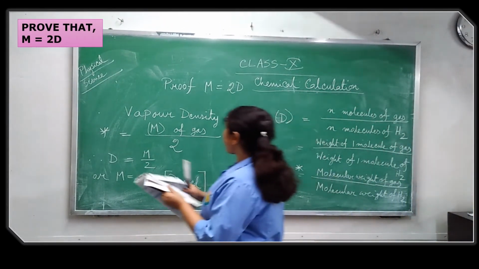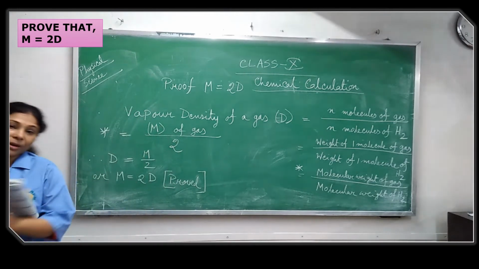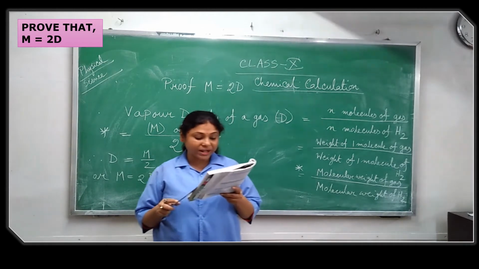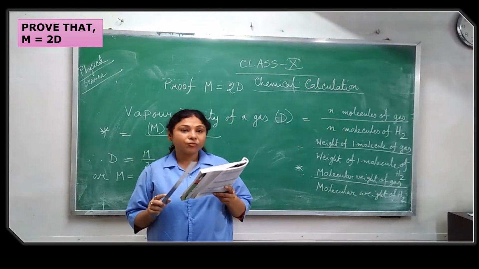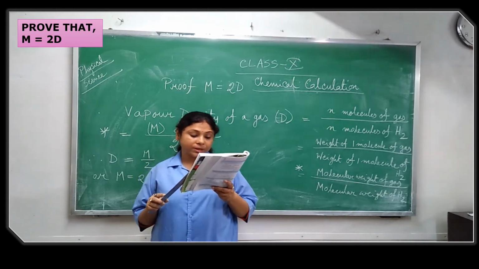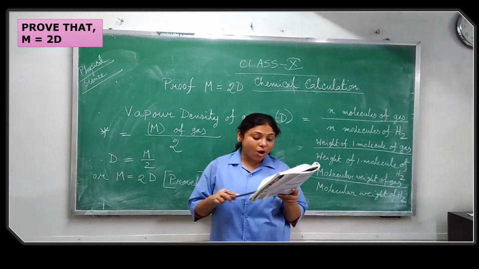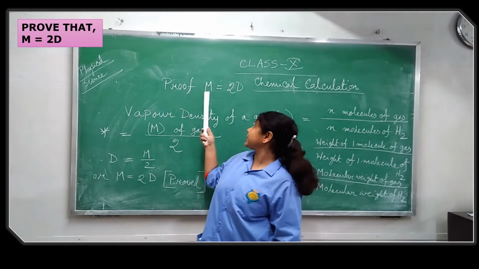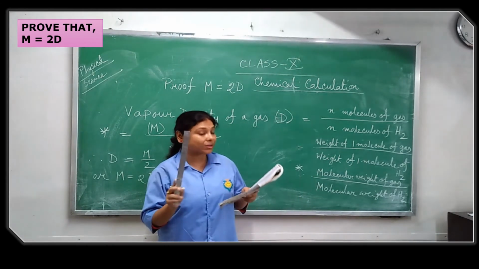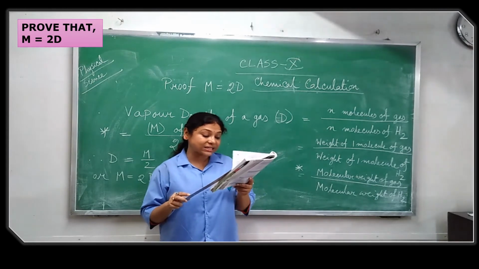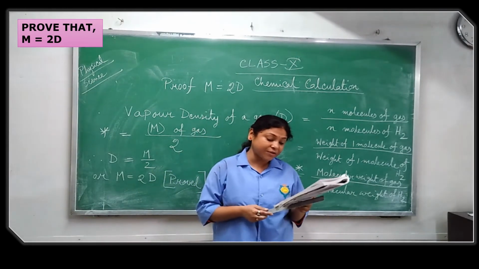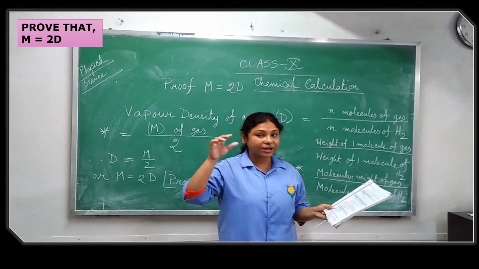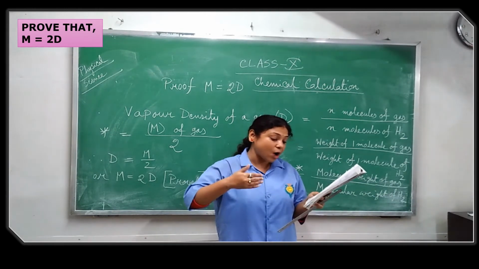So now I am going to prove one formula. But before that, I am going to tell you what is vapor density. See, the molar mass of a gaseous substance is twice its vapor density. This is the formula, that is M is equal to 2D. How to prove, I am saying. But before that, at same temperature and pressure, the definite volume of a gas is how much time